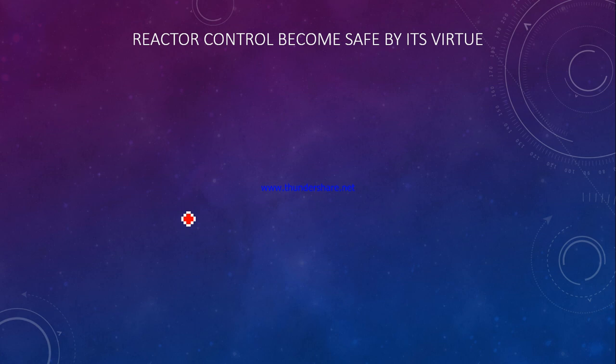It is because, as we know, a bomb needs a supercritical reactor, but for power generation we need a perfectly critical reactor with multiplication factor 1. That means the proportionality constant of the neutron reproduction, which is alpha, which we are going to discuss, should be 0 in the case of a reactor. So normally the change of neutron